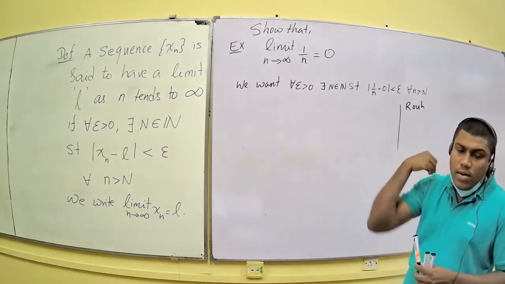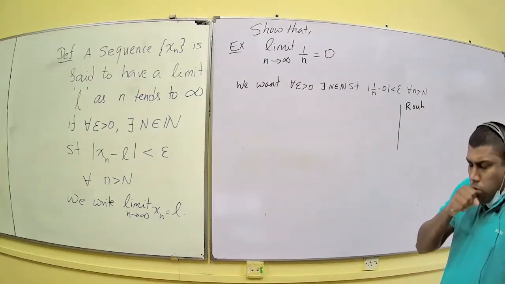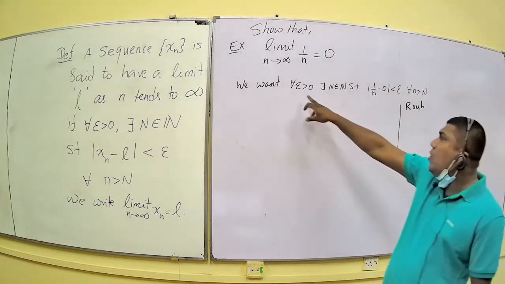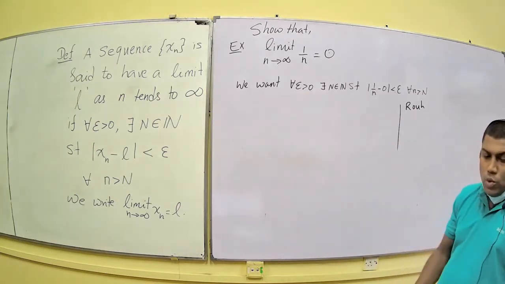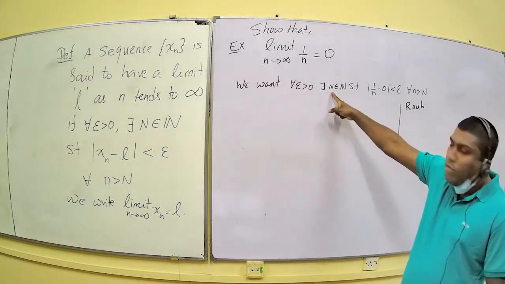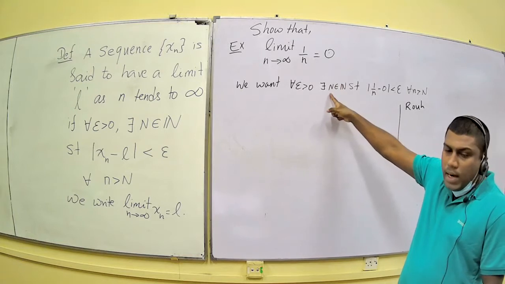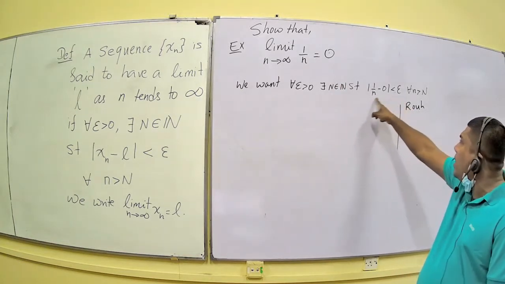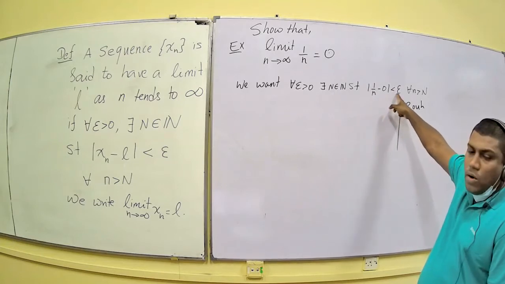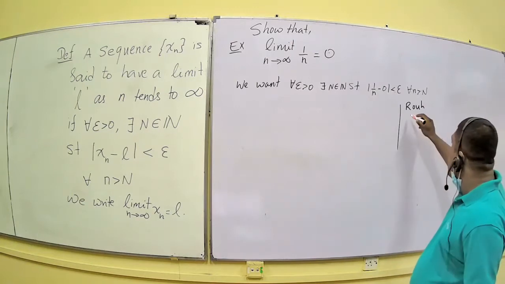Epsilon is your choice, right? You can choose epsilon as anything. So you don't need to worry too much about what is epsilon. But you have to find some capital N, that is the work you have to do. And then you have to make sure |1/n minus 0| is less than epsilon for all n greater than N. So basically,